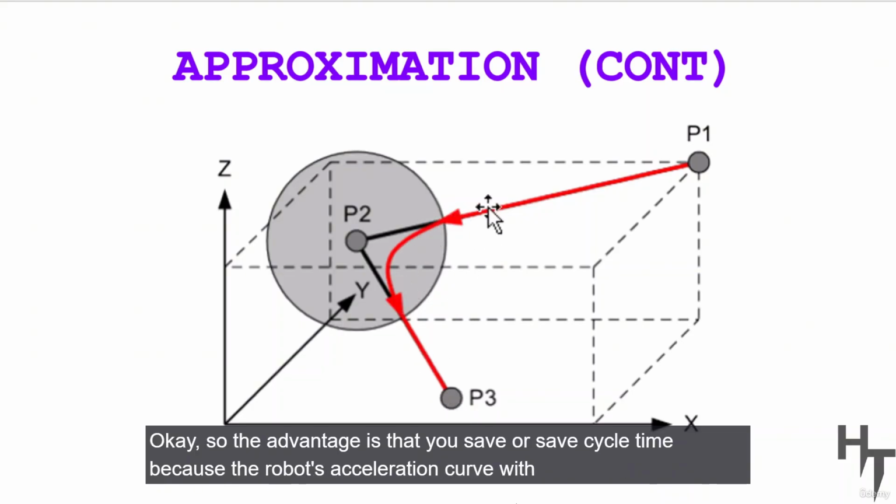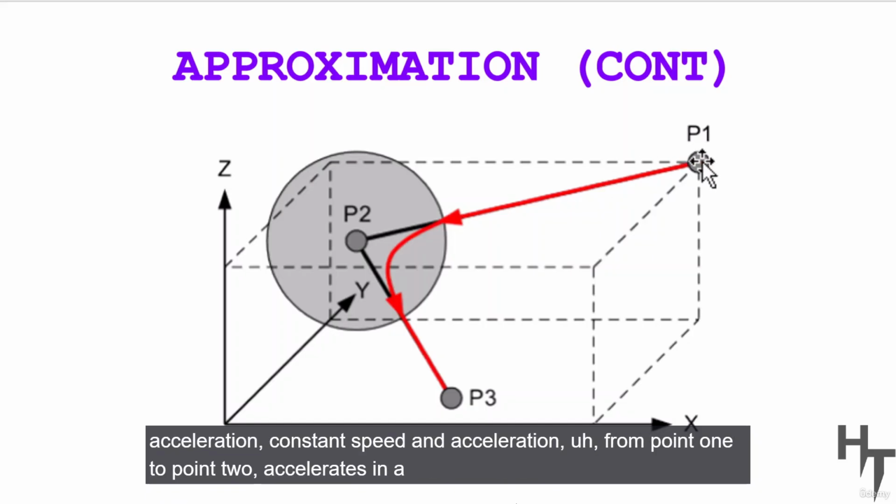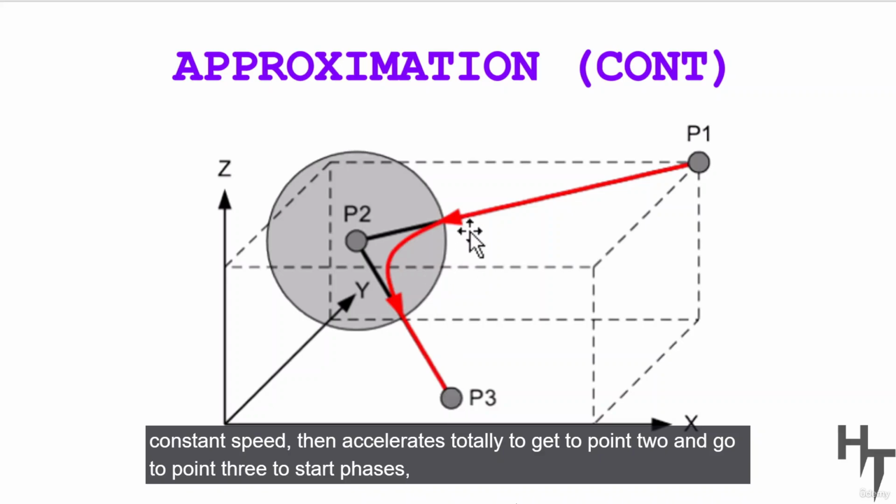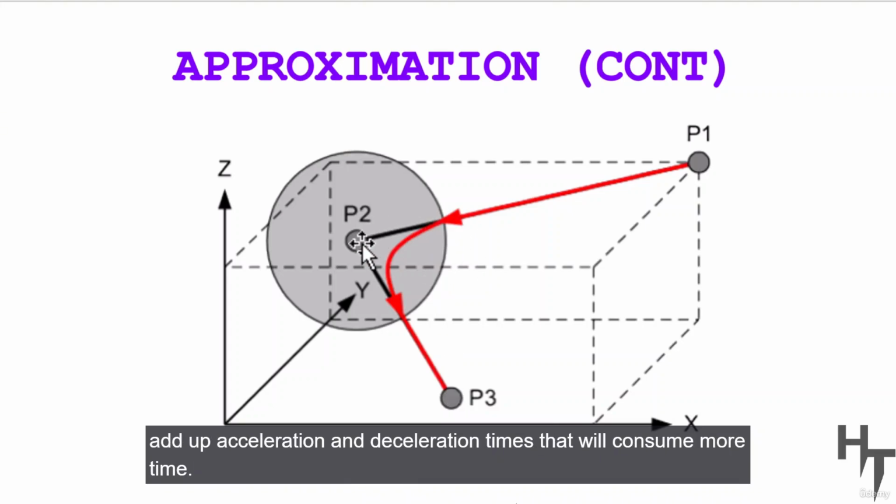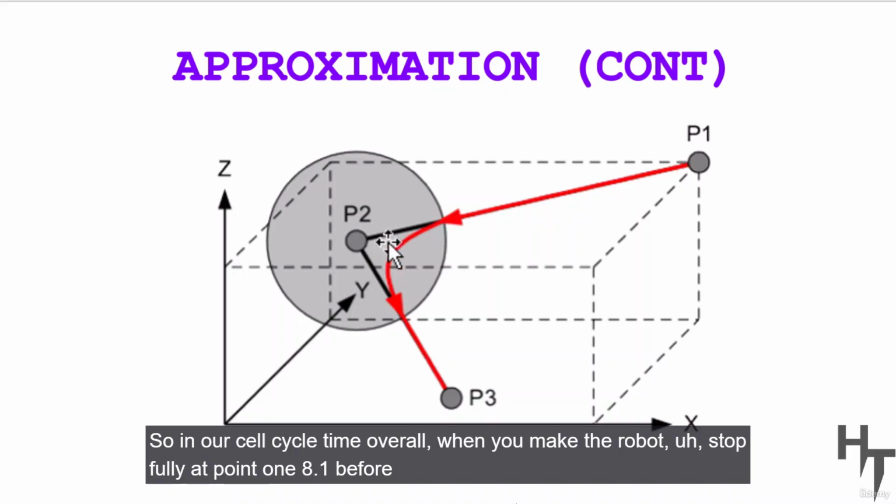Okay, so the advantage is that you save cycle time. The robot's acceleration curve goes from point 1 to point 2 by accelerating to a constant speed, then decelerating totally to get to point 2, and going to point 3 to start the phases again. Adding up acceleration and deceleration times will consume more time in your overall cell cycle time when you make the robot stop fully at point 1 before moving to